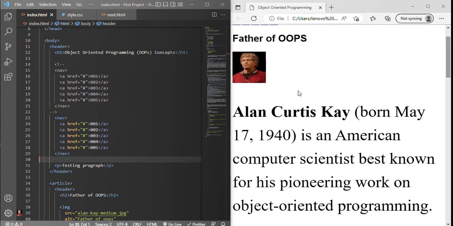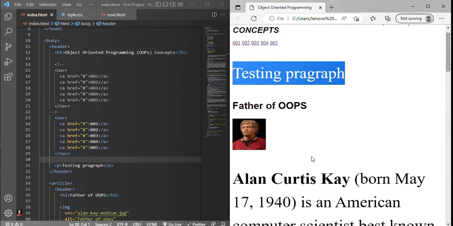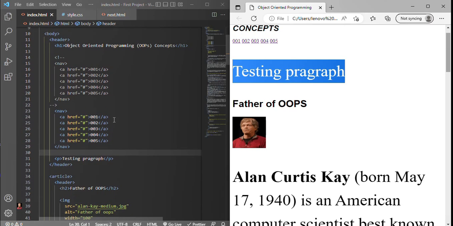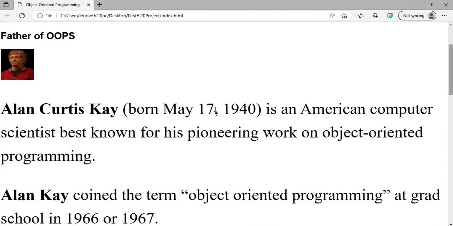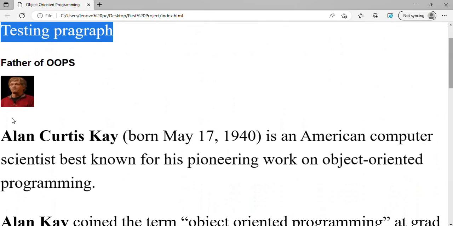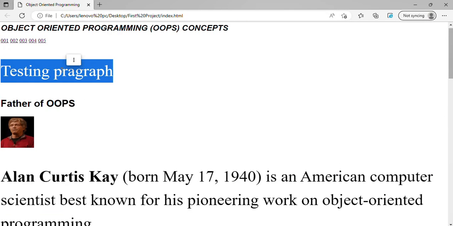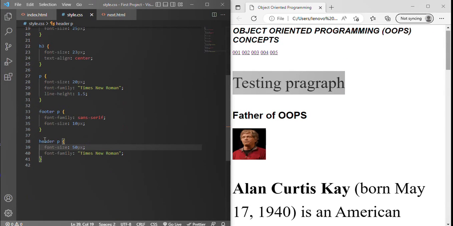After clicking refresh over here, you can see the testing paragraph also has the same properties that we applied to the header paragraph, right? But you don't want to make changes over it. You only need to make changes over these two paragraphs. You don't want to make changes over this testing paragraph. For that we can also include here, like